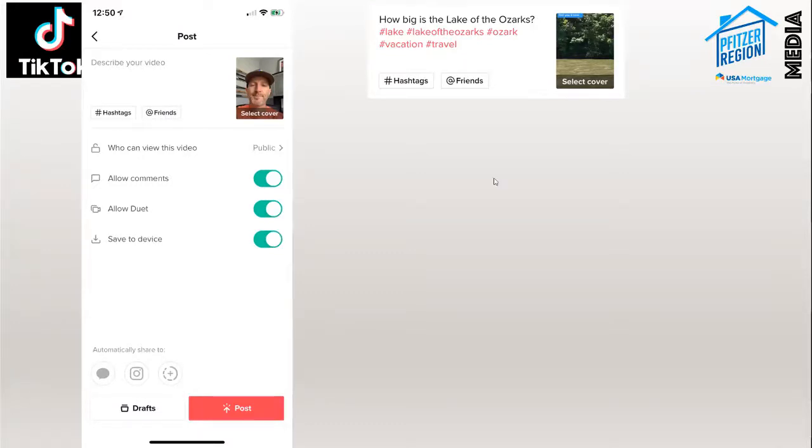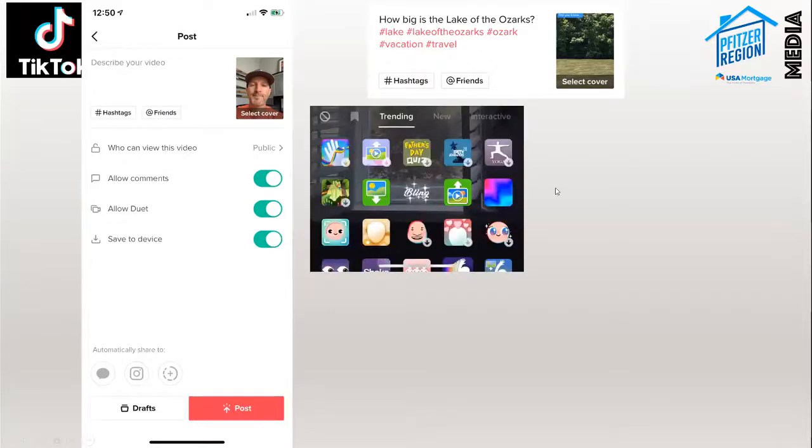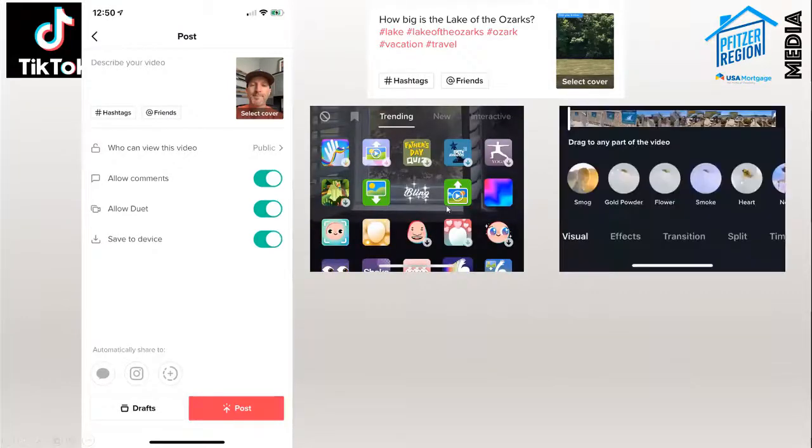Yep. Okay, and so I'm just going to show you a couple more images real quick. These are the effects. This is what pops up when you hit the effects. I'm not going to go deep on this because there's so much to choose from. The one I will point out, Tristan, I don't know if you knew this, is on the second effects page. You've seen I've done a couple reverse videos, like jumping in the water, where it shows reverse, like I'm coming out of the water. Yep. This is where you do it. So on the second page, after you've created the video, you hit the effects and then it pops this up. You'll see over here on the far right is time.